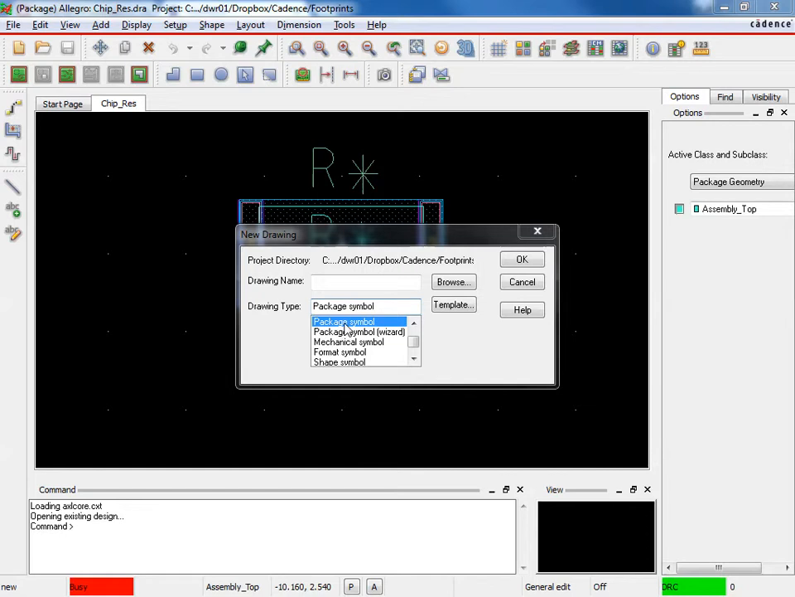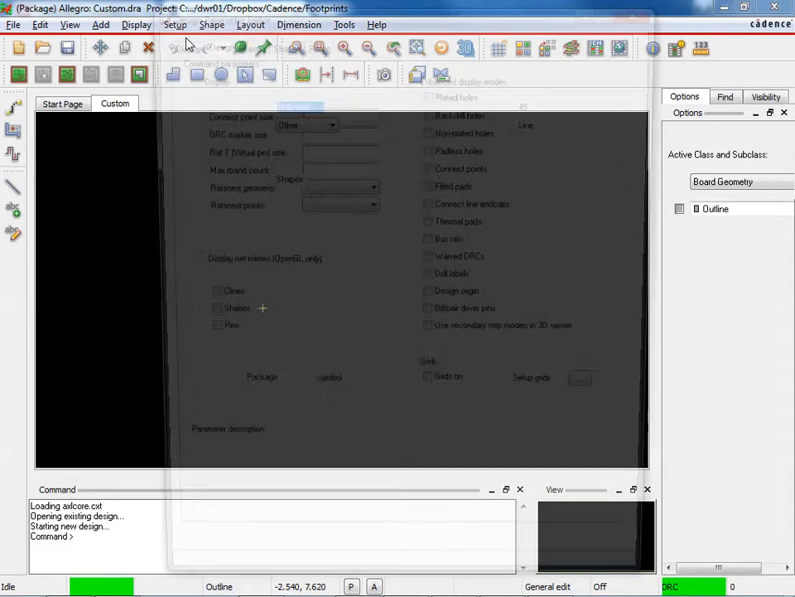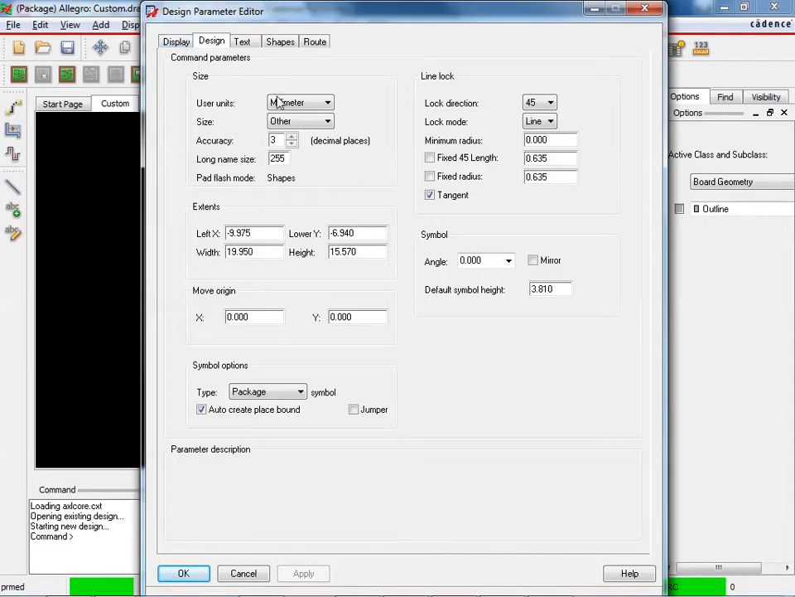In this video we're going to take care of creating a custom component, and so we're going to be here in package symbol, but instead of using the wizard we just use the regular package symbol. So we're just going to call this custom, and then it just creates a blank slate for us. Now one of the things I want to do first is set up some design parameters,